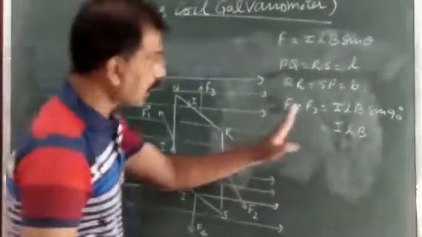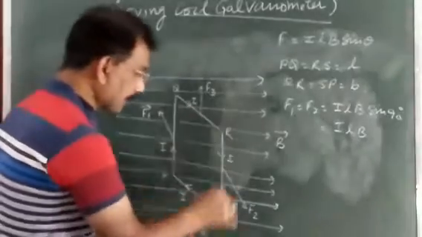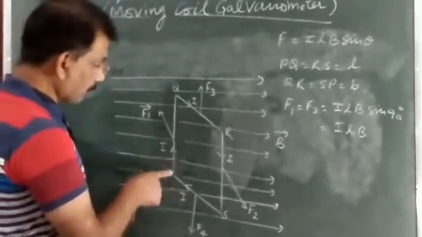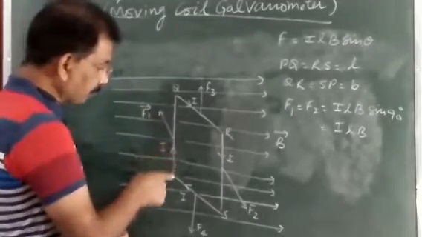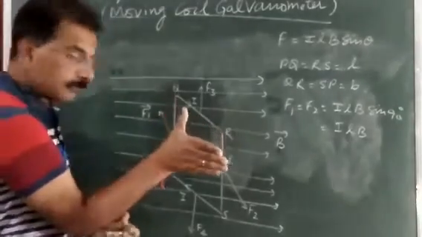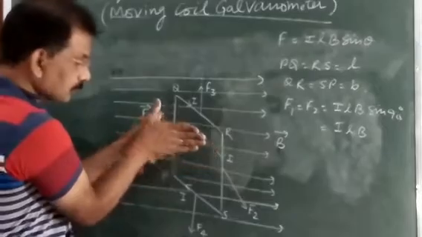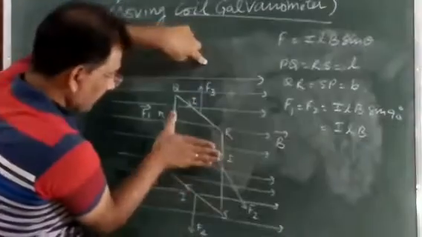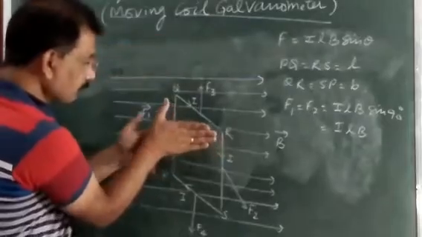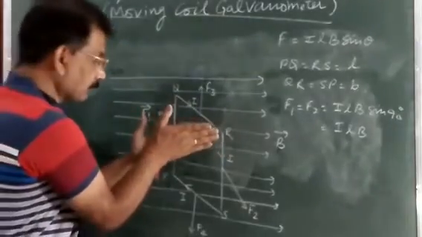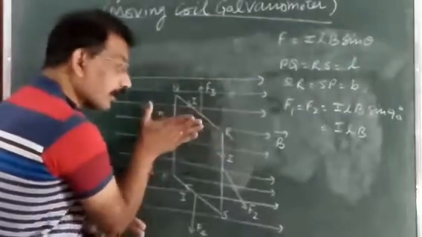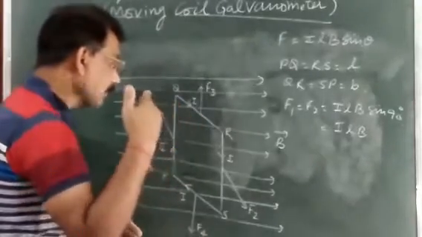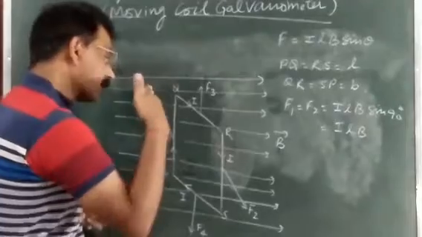And what is the direction of the force on these two sides PQ and RS? So for the direction of the force on PQ, you will apply the right hand palm rule. You will place this one in the direction of the magnetic field. Here the magnetic field is this one. Current is upward. So you will find that this palm is going downward. It means this F1 is acting on this PQ away from you, or inward direction like this one.